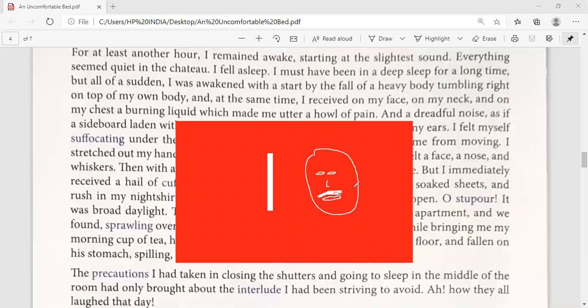Nice. So whisker means, beta, beard. Below the nose there is some hair, especially on our father's face, which is part of the beard, and those are called whiskers. Mustache also, but here it is written whiskers. Actually, animals also have it, but a cat especially has whiskers. So he felt the face, nose, and whiskers also. So he imagined that it was a human being that fell upon him.